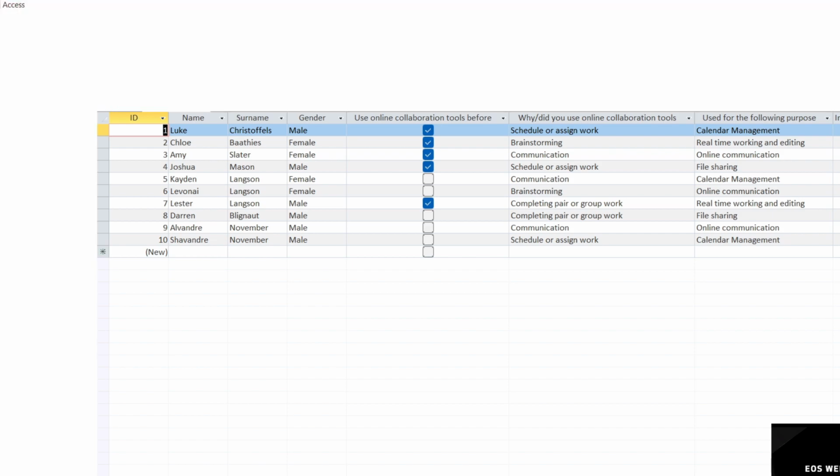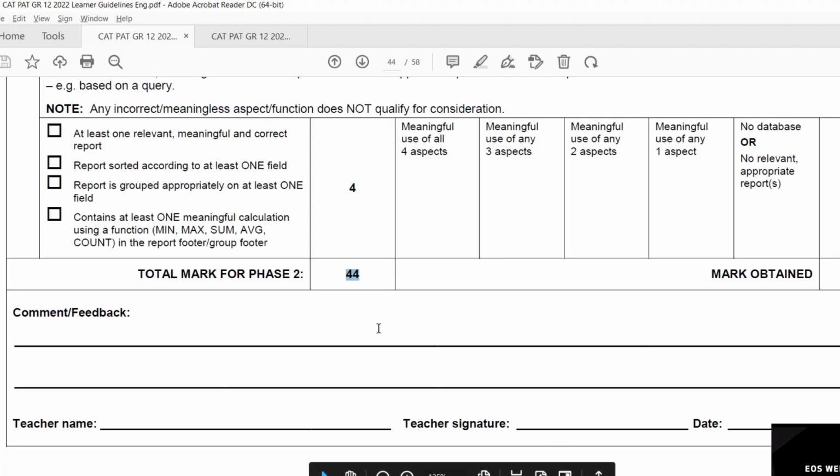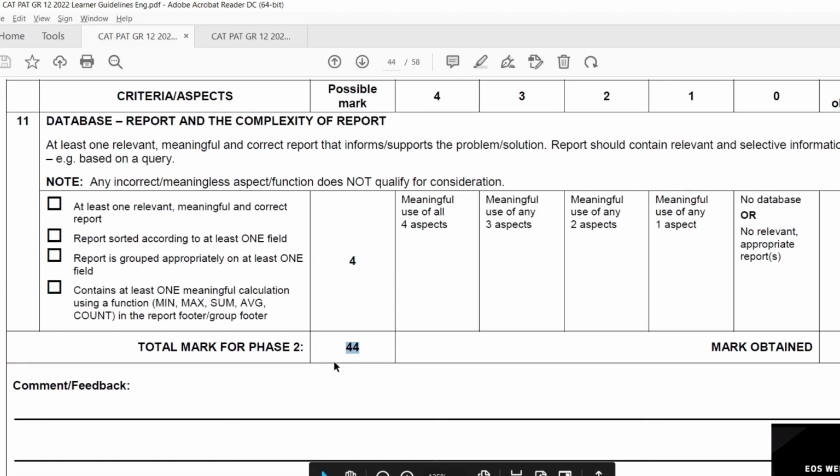So that's basically what you need to have, grade 12s, in order to get your 44 marks. The database, having your table, 3 queries, and a report, your Excel spreadsheet, just bringing everything that the questionnaire had, having it in a professional look, having your calculations, and then your charts as well. And yeah, that's what's needed for phase